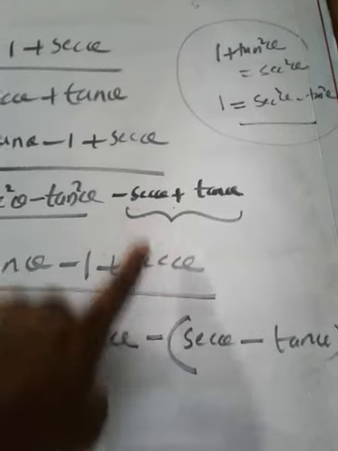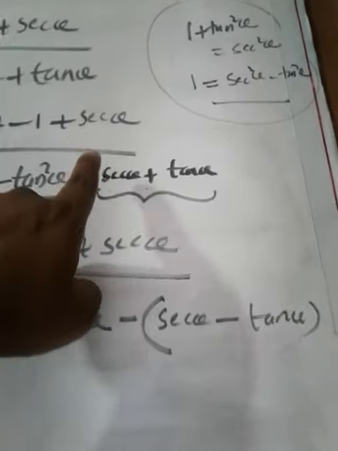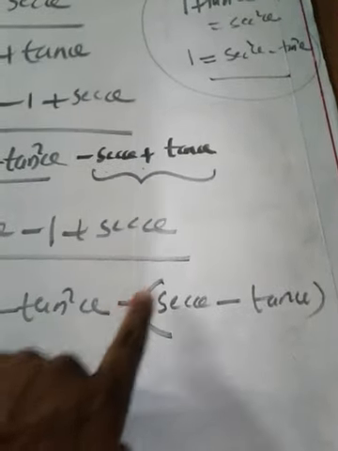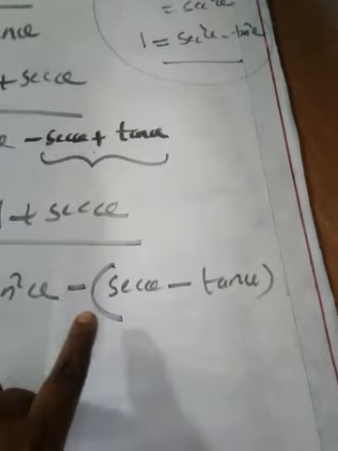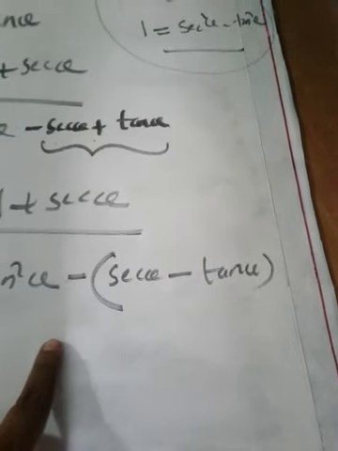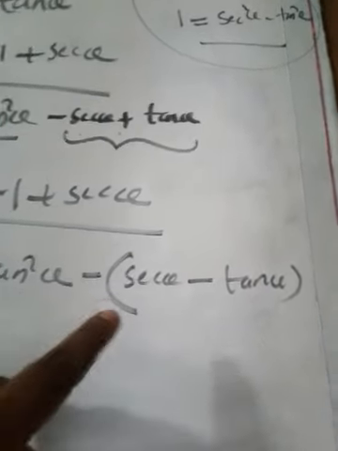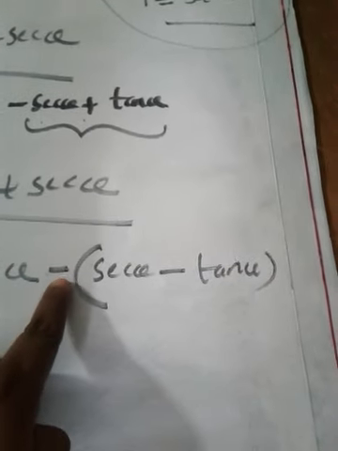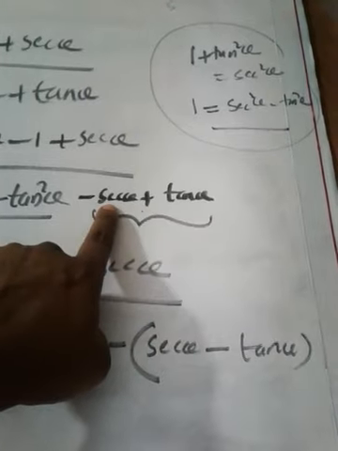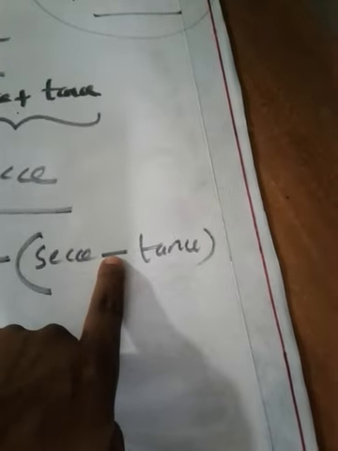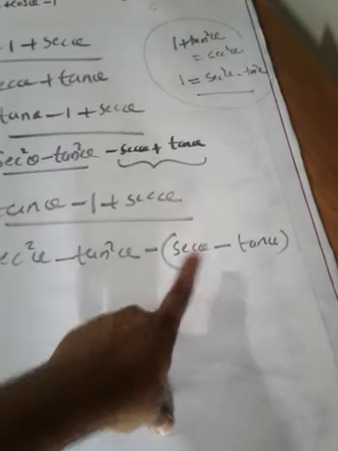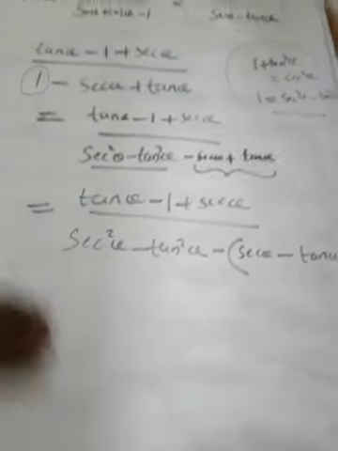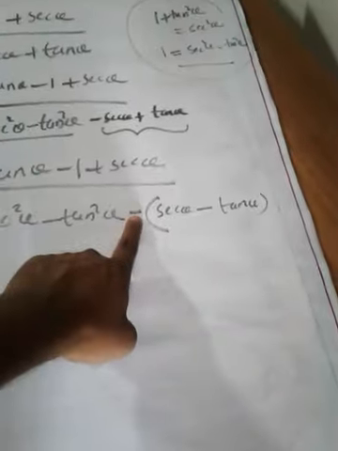The reason is, when you take a minus outside, this minus sec theta plus tan theta becomes minus of, in bracket, because I have to take the minus outside, so you have to give a bracket. And inside, sec theta minus tan theta will come, and you just check. If you have any doubt, you can take the minus inside and check what is minus into sec theta, minus sec theta, and what is minus into minus tan theta, plus tan theta. We will reach there. You may have understood. Okay. Now you can ask me why I am taking minus outside. You will understand in the very next step why I am taking this minus outside.